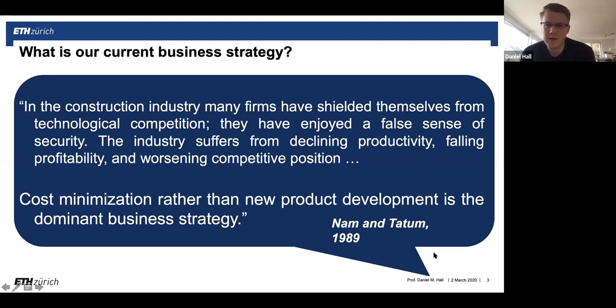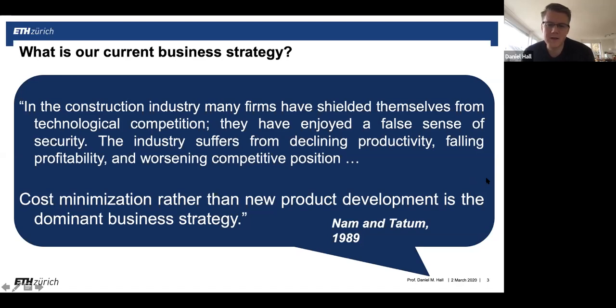Now it seems like that would be very relevant for us today, but that quote actually comes from 30 years ago. The point here is that in construction, as we know it today, the primary goal of most of the companies is to reduce the cost. But there's a problem with that: you can look for inefficiencies and reduce cost, but at a certain point, you can't reduce the cost any longer. Instead, you have to think about how you will create more value. How will you create new value through new product development? But that seems to be something that we almost never do in the construction industry.